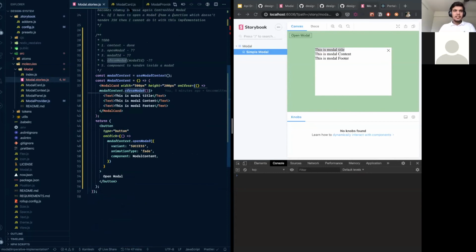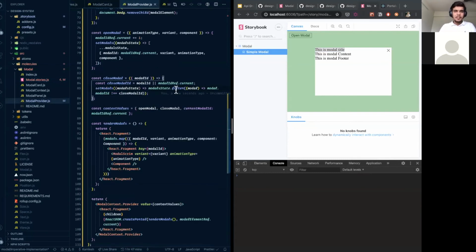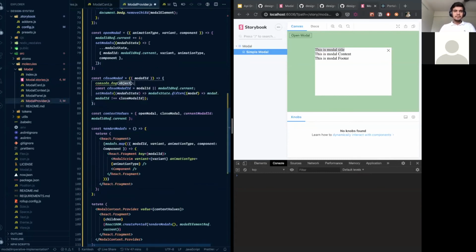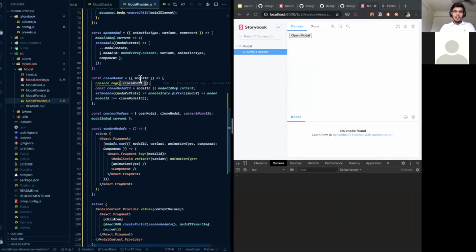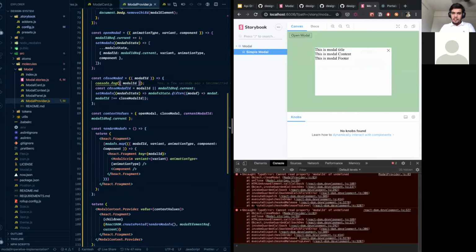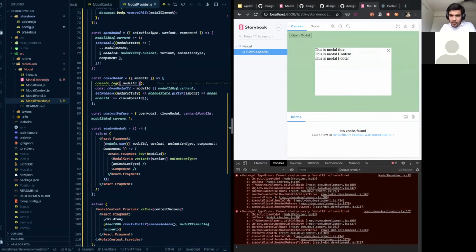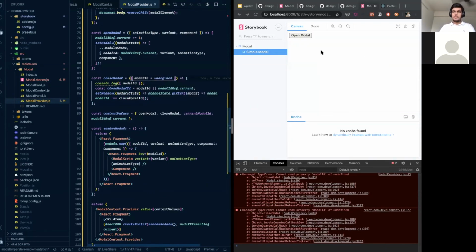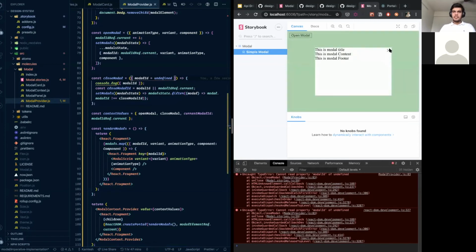Yeah, we say close modal, which means I am saying close modal. No, I am saying modal ID. Yeah, I am just clicking it. I just say this. Okay. Ah, okay. So I'm saying is undefined.